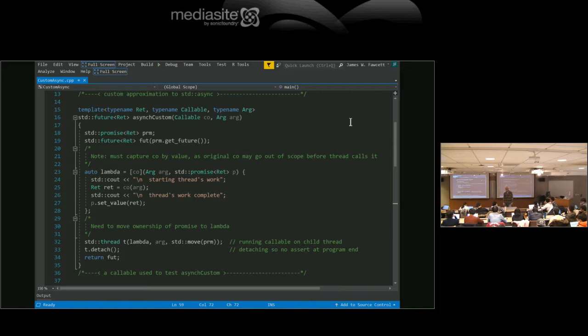Variadic templates won't be on the midterm. But we will talk about variadic templates later in the course. Toward the end, we're going to do template metaprogramming, and if I haven't talked about variadic templates before, then I will talk about them then because they're often used in template metaprogramming.